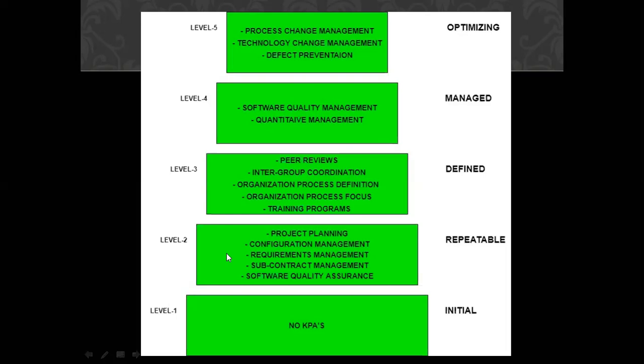The next one is organization process focus. This part includes the activities and practices that should be there for the improvement of the organization's capability. You have to figure out the disadvantageous areas or those features which you can improve, those activities you have to focus on, so that in the end you can improvise or optimize your process. So that is organization process focus.